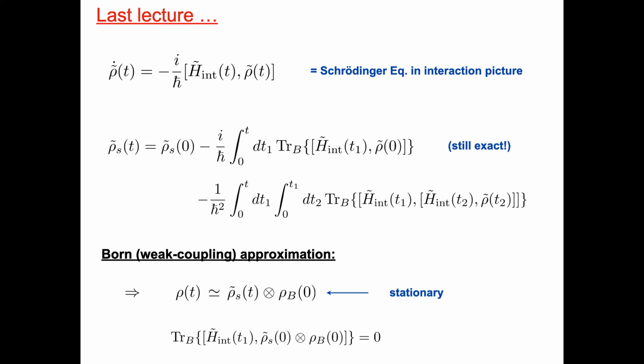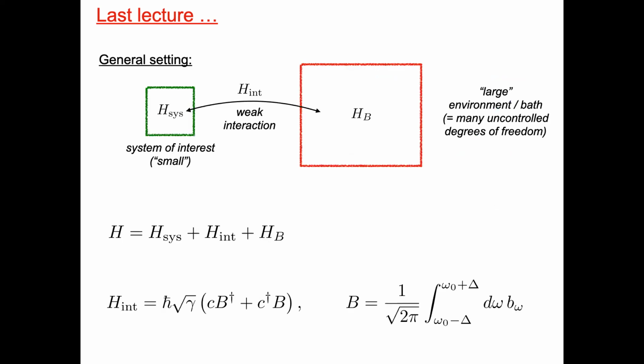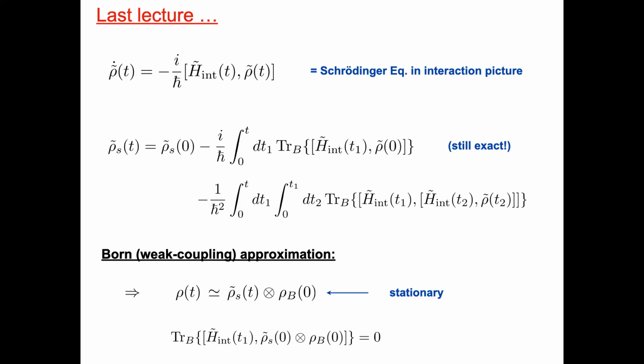Based on this factorization of the density operator, if we look at the first term and trace over the path, remember in the Hamiltonian, on the path side, we have an operator like B or B dagger. It's a commutator, but for each term we get the same thing. You take the trace, and this expectation value will be proportional to the average of the B operator. If we are in a vacuum state, or a thermal state, and B is a bosonic mode, then there's no average field in the system, and this will be 0. So we can set this first order term to 0.